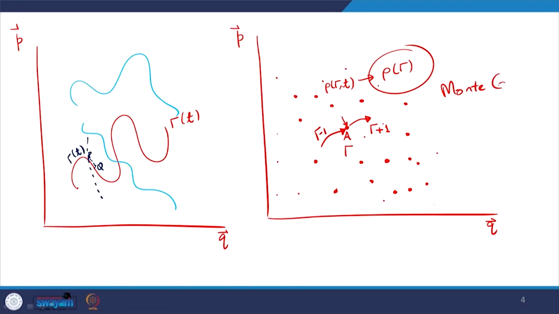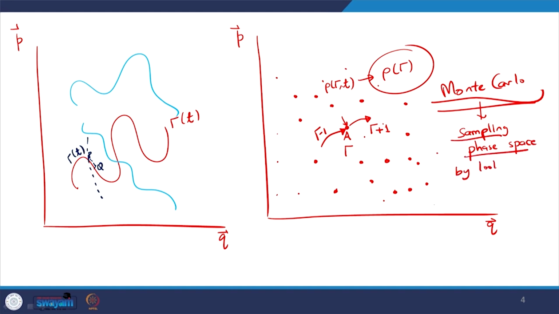So, in Monte Carlo simulation, this exactly is what we are doing. We are simply sampling phase space by looking at a large collection of points in phase space. And we can sample in a variety of ways, and we will discuss how we can sample that,